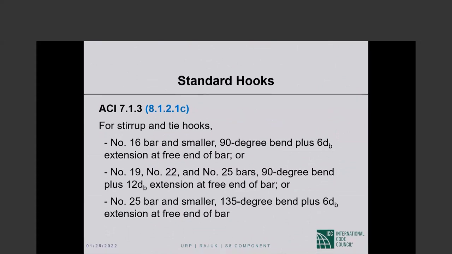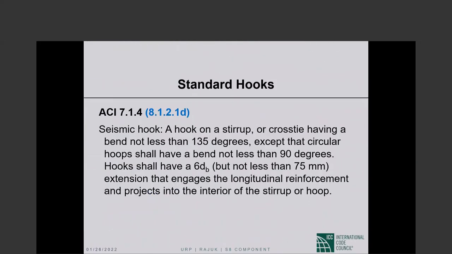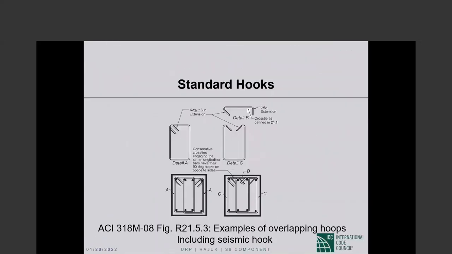Okay, somewhat different. Now we are talking about seismic hook. A seismic hook is a standard hook, but it's a special standard hook. A seismic hook has a 135-degree bend, 6-bar diameter extension, but the 6-bar diameter shall not be any less than 3 inches. As I said a couple of minutes ago, I was talking about something else. Okay, so a seismic hook, very, very important in seismic design, as you will see, is a 135-degree bend with a 6-bar diameter extension, but the 6-bar diameter shall not be any less than 75 millimeters. Okay, so